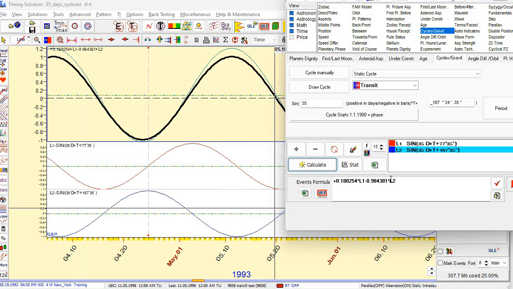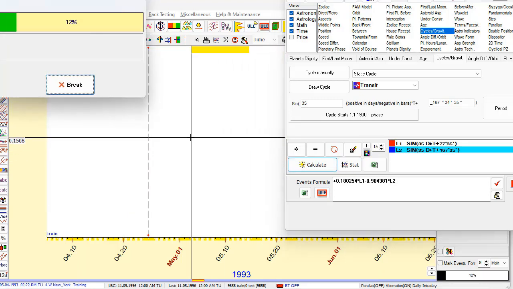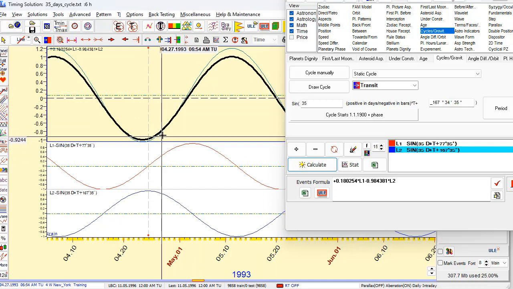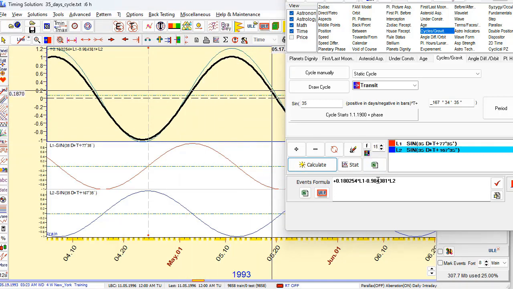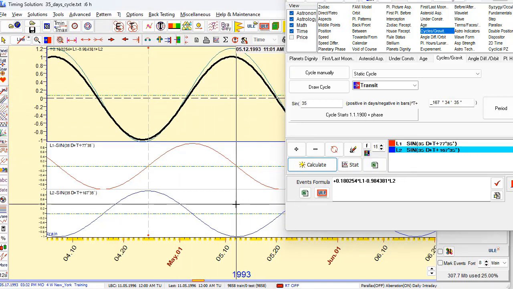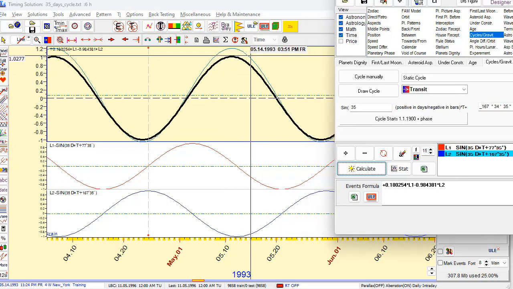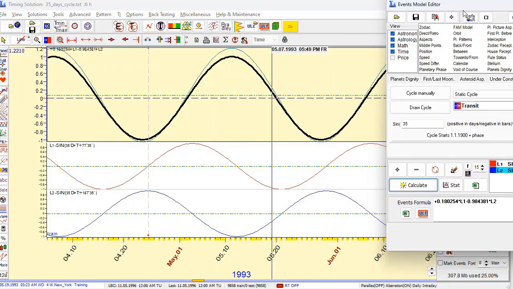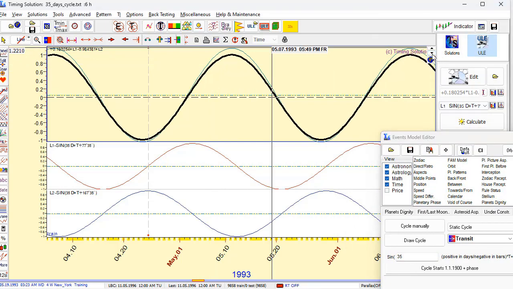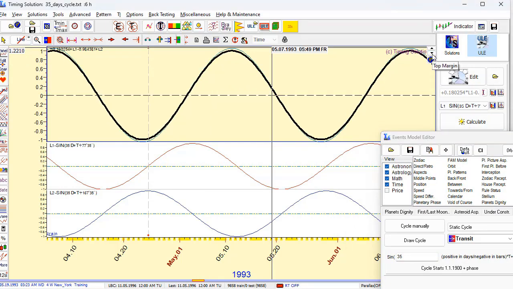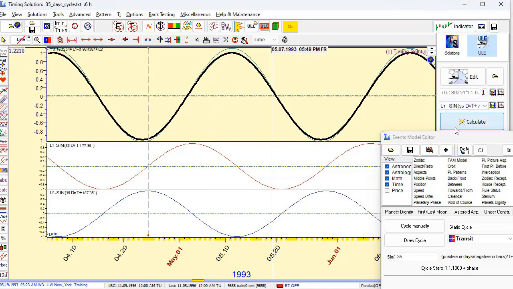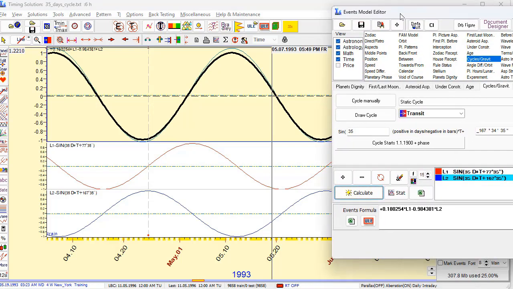And so, clicking calculate, I will get exactly the same function. You see the superposition of these two waves, sine wave and cosine wave, and this is exactly this function. You see some difference. This is because of the margin. You can play with the margin, and you will get the same. Okay, so these two functions form